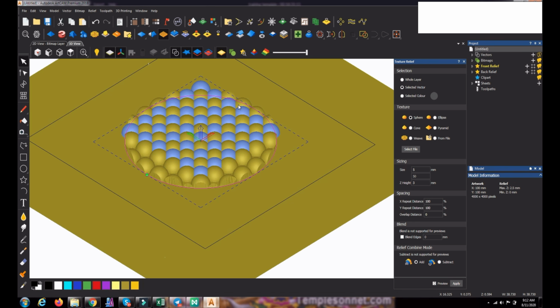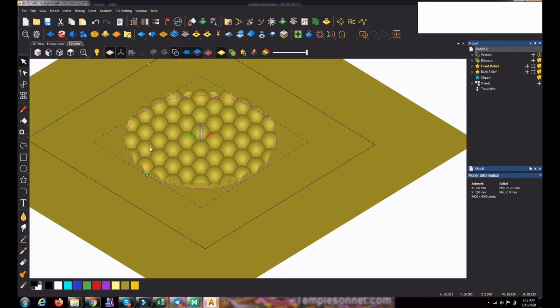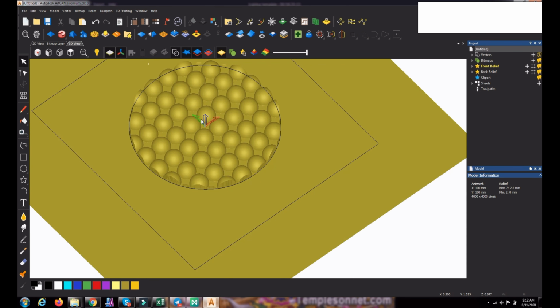See, inside the particular circle, the preview has not gone, that's the problem. Okay, then I will just close it. Now the preview has gone. So inside this particular circle you have created a texture. The texture shape is a sphere.